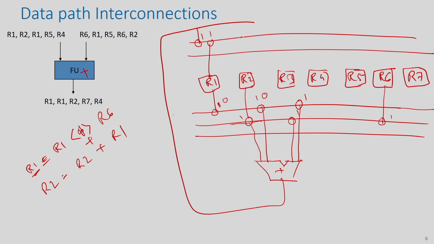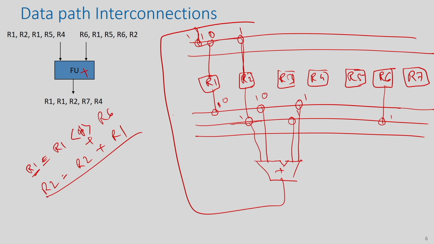This output should go into R2. So, I can put again a switch here which is already there. So, I can put 1 here and 1 here. Then this output now, and this is 0 now. So, then this output will come through this, right. So, this is how I am going to make the connections.